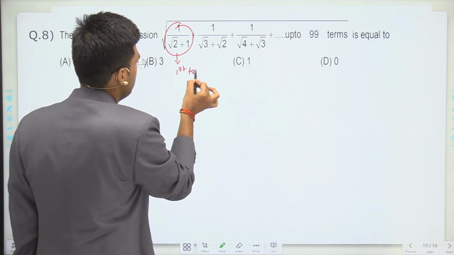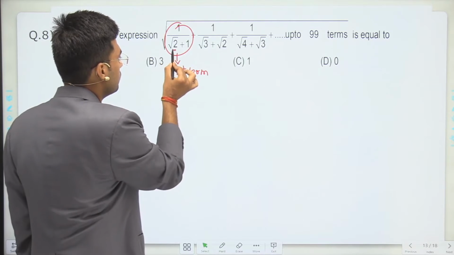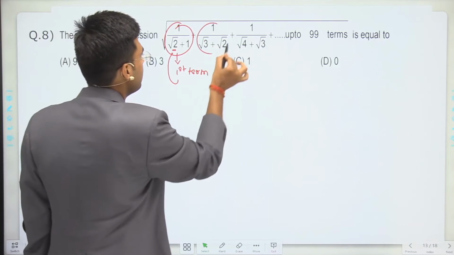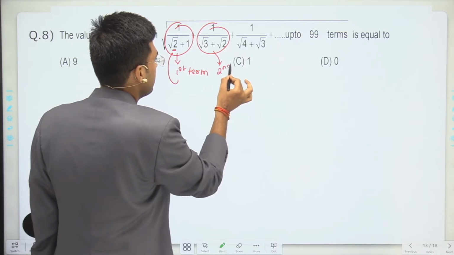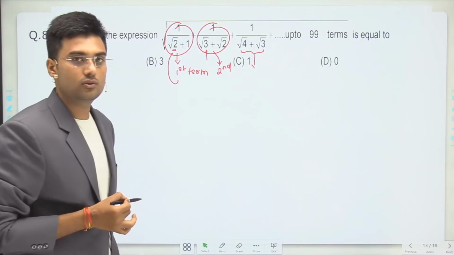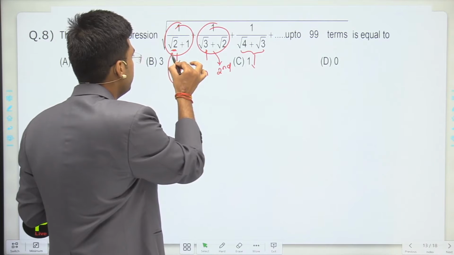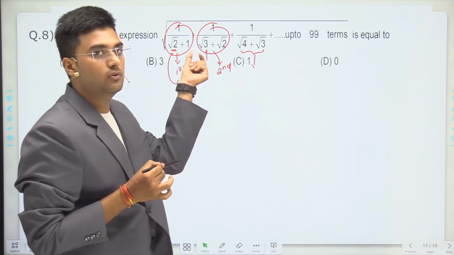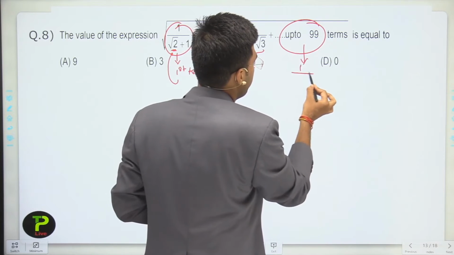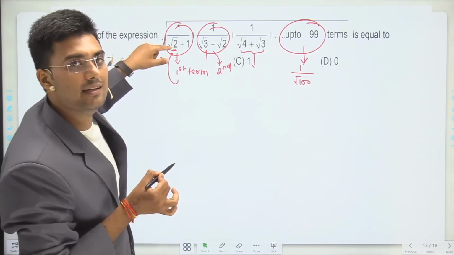In the first term, the first value is root 2, and in the second term it is root 3, and in the third term it is root 4. So we can say that in the first term the first value is root 2, in the second term the first value is root 3. So for the 99th term the first value is root 100, because it is always 1 greater than the number of the term,